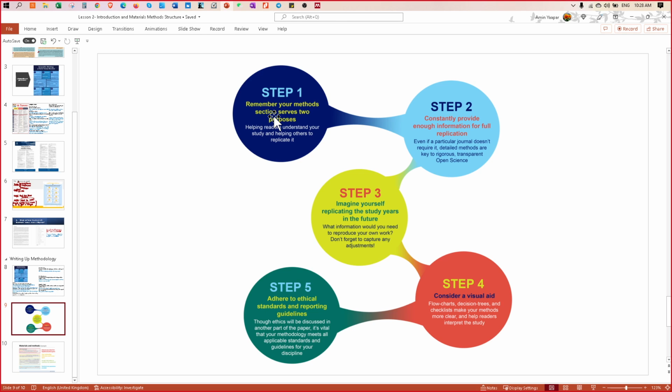Just by reading it, somebody in Alaska, for example, can replicate your experiment or your finding. So the whole idea is to make your project reproducible.